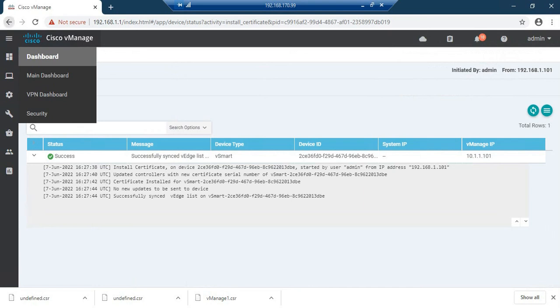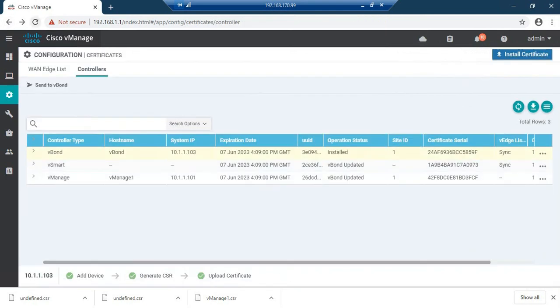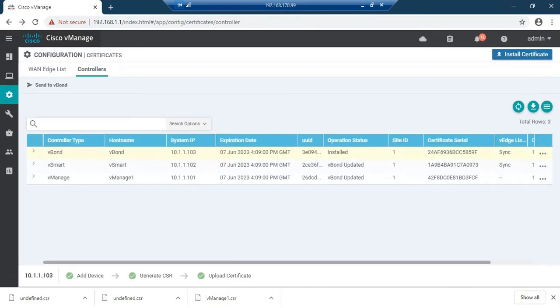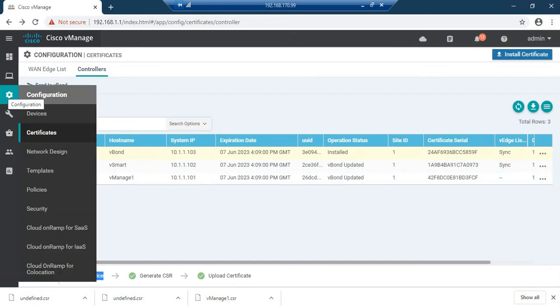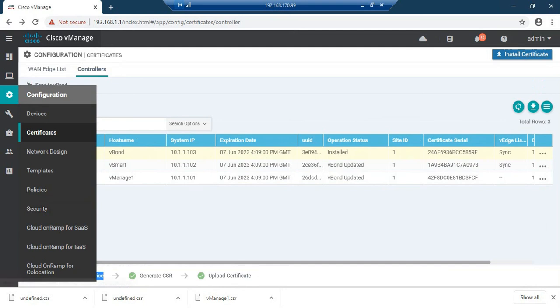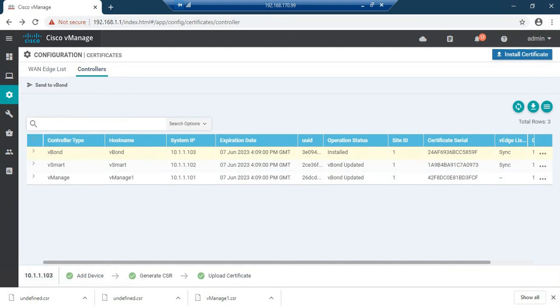So let me reload it once. Now you can see here. So at first I have added 3 devices, which can be done here from setting, configuration and devices. And after I have added the devices, I will have to add the certificate, which can be done from configuration and certificate. So I have added devices, generated the CSR and uploaded the certificate.